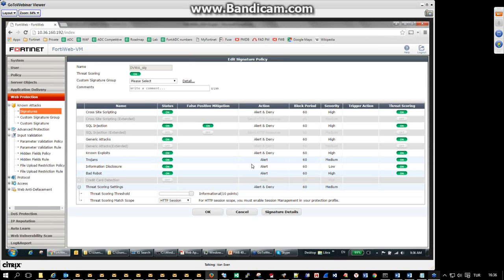The other thing is threat scoring. Threat scoring is enabled here. So you would want to first enable it here, and then you can actually enable it at the category level. So you can enable it for cross-site scripting, for SQL injection. You can decide what to enable it for. A very important